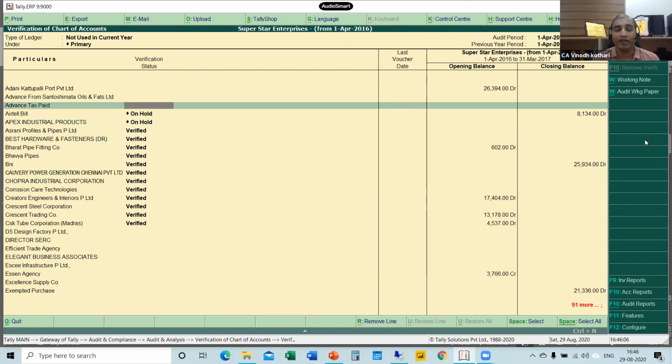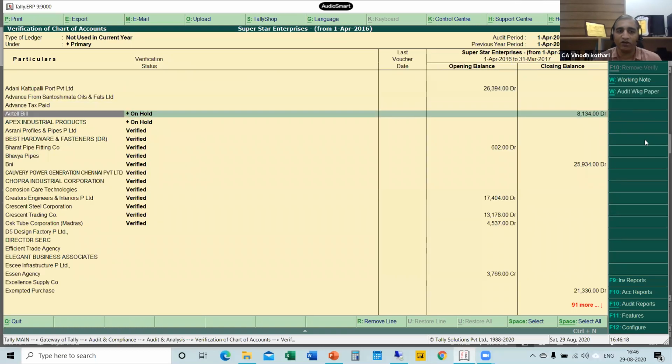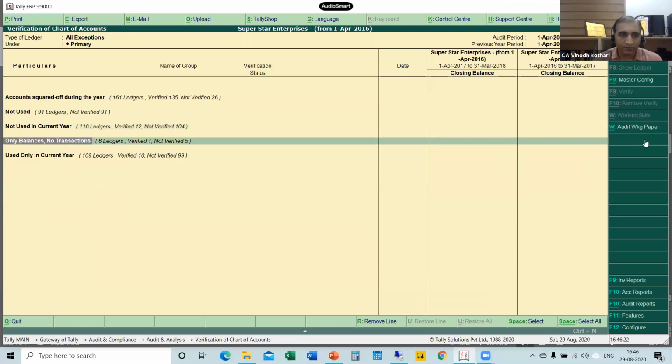So that means what? Income tax advance tax has not been paid this year, or if it is transferred to some other ledger, we can check. So this way ledger verification can be done. Again, for ledger verification, Alt Enter to go into the voucher. Then only balances, no transaction.